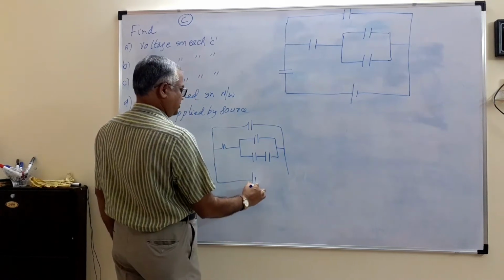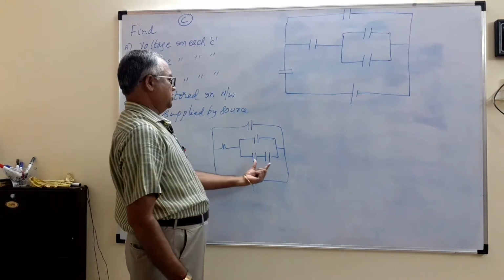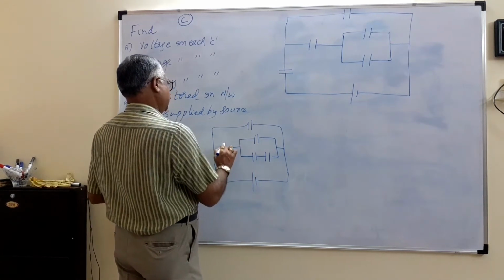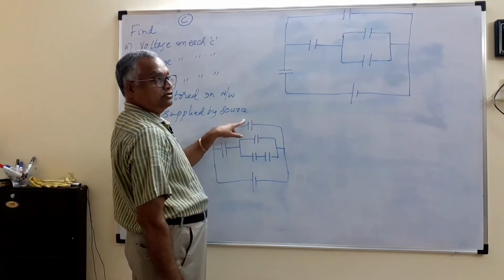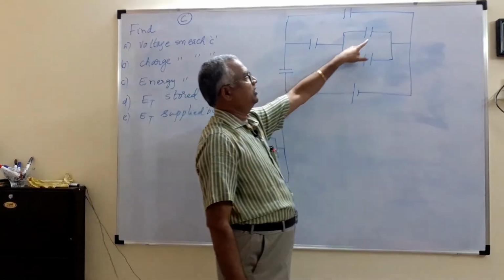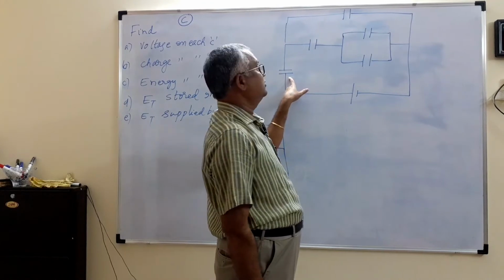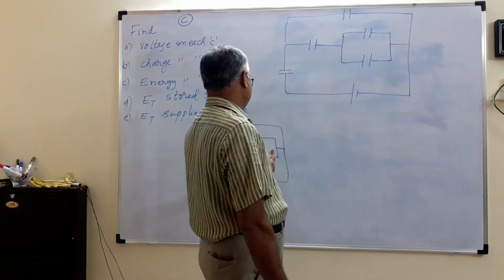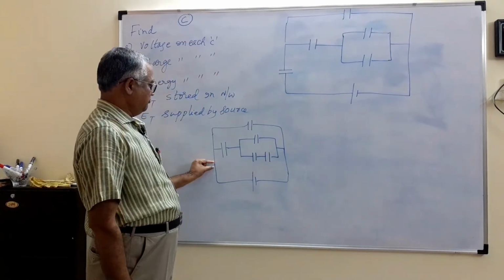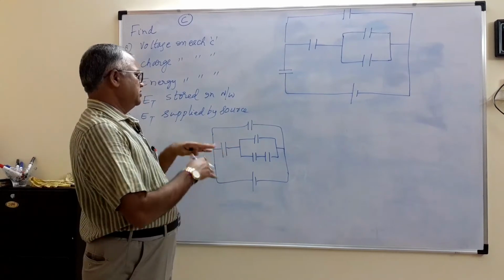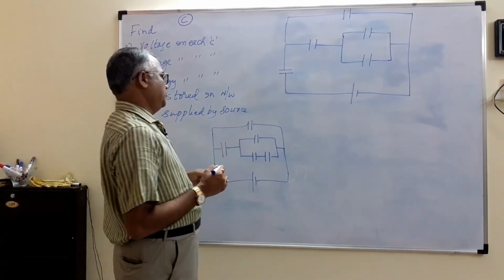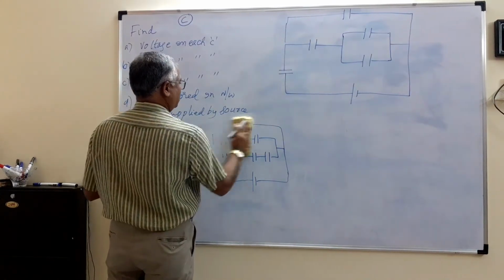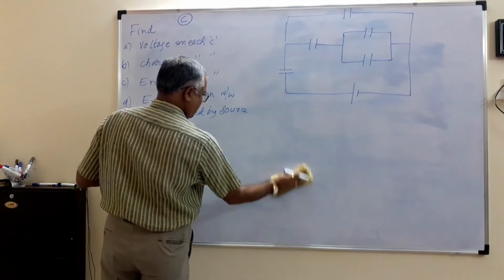So what is the difference between these two? Here I started with series, parallel, then series, end with parallel. Here begin with parallel, end with series. We can also do it like this: begin with parallel, end with parallel. Begin with the series, I keep one more capacitor, end with the series. So these are all different possible networks. If you know how to analyze one, any circuit we can analyze the same way.